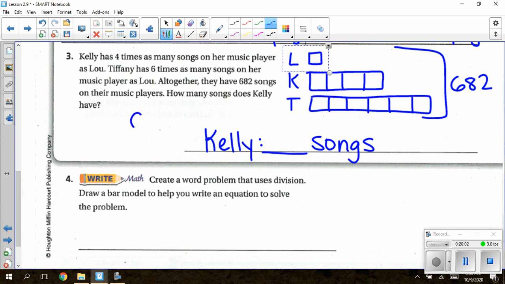So 682 divided by the total number of boxes. So Tiffany, again, had 6 boxes. Kelly has 4, so that's 10, plus Lou's 1. So that gives me a total of 11. So make sure you find the number of boxes Kelly has by taking the quotient times her boxes. On the next page,